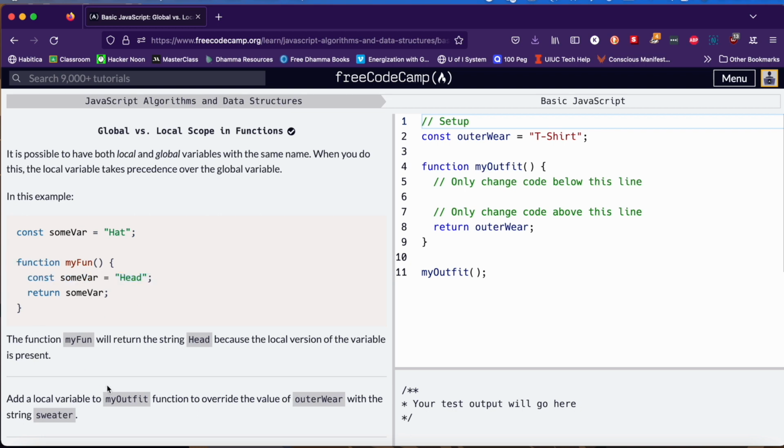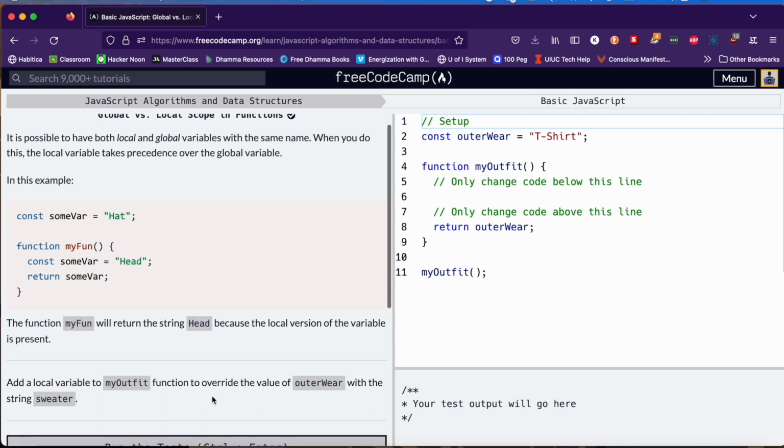It says add a local variable to myOutfit function to override the value of outerwear with the string sweater. So it makes it really easy. Const outerwear equals t-shirt. This is the global variable. But once we make a local variable, we're going to be able to make this the precedence. This one is going to be the one that will be returned because we are defining it and declaring it within a function, myOutfit. So we're going to go in here and we're going to type const,